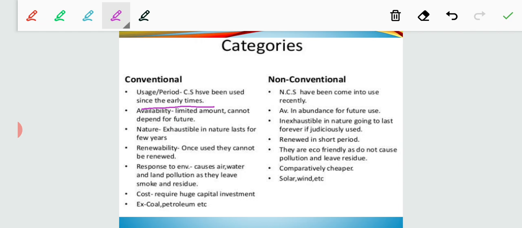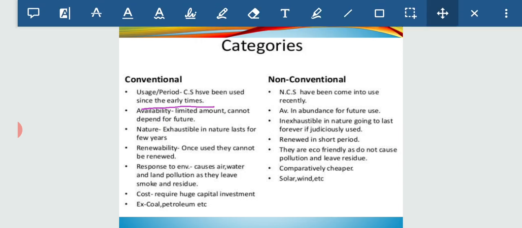Your work will be to write the differences and the other notes in that order in your copy, that is, keep your work up to date. And if you are having any doubts,